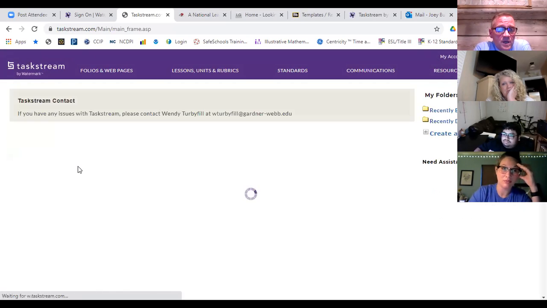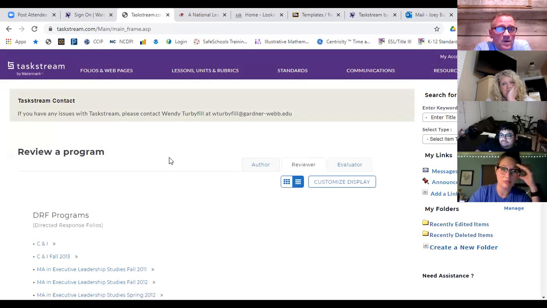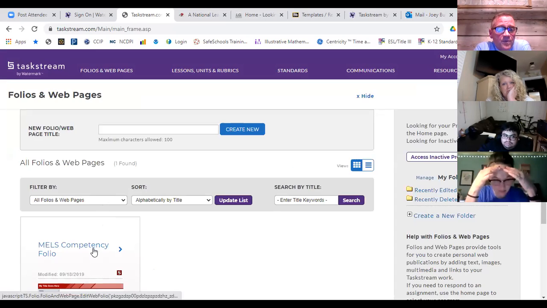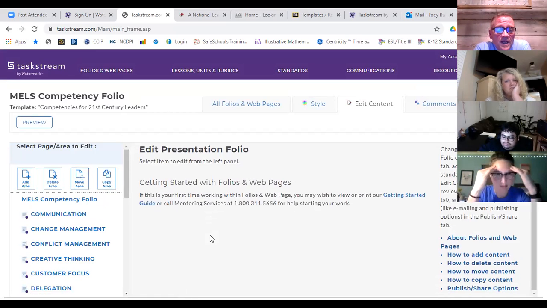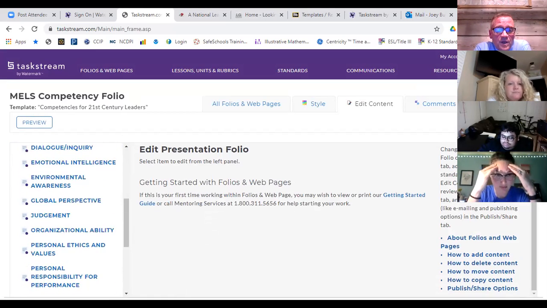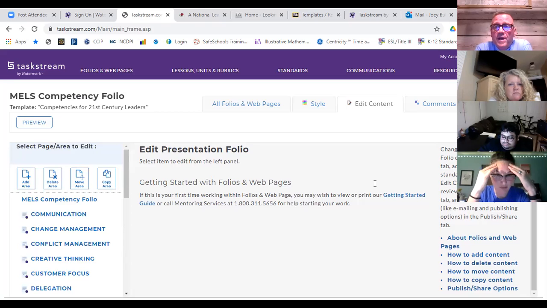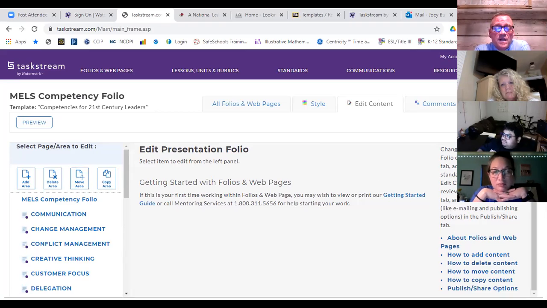So what you do, as we said before, is you go into your competency folio, you put in any artifact that you want to, any of the ones dealing with the ABSL. When you're ready, don't click publish and share. If you notice, you won't even see a request comments box here yet. Don't click publish and share, because that's not going to be allowed. That just gives me viewing rights. That doesn't allow me to make any comments or give you any feedback.